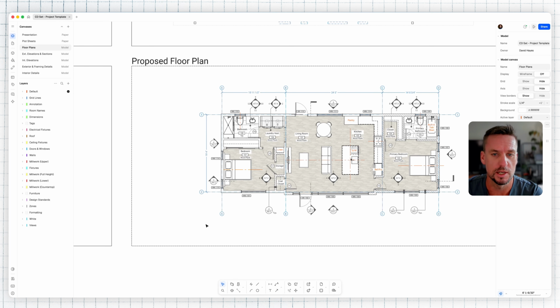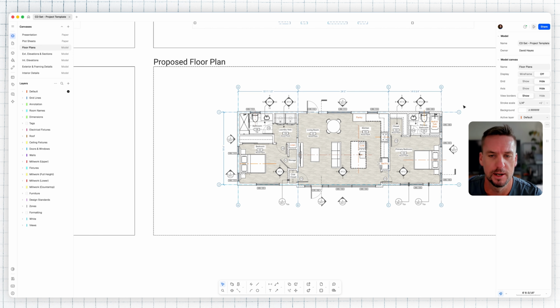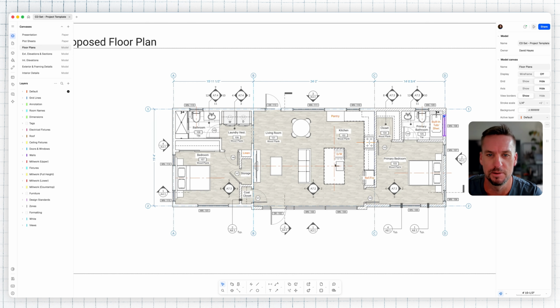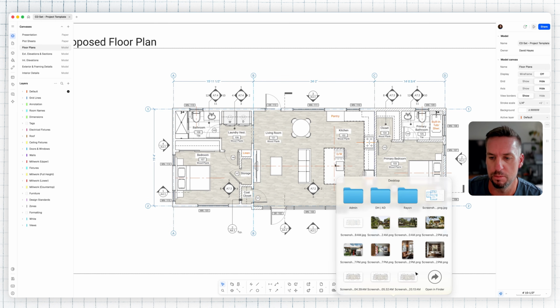So at these early stages, I'm constantly going back and forth between Rayon and sketching. And so I'm all the time basically just using the screenshot tool. And I did cheat a little bit here just to get ahead. But basically I can take that screenshot, I can take it over to my iPad, do some sketching, and then I can just bring it back over